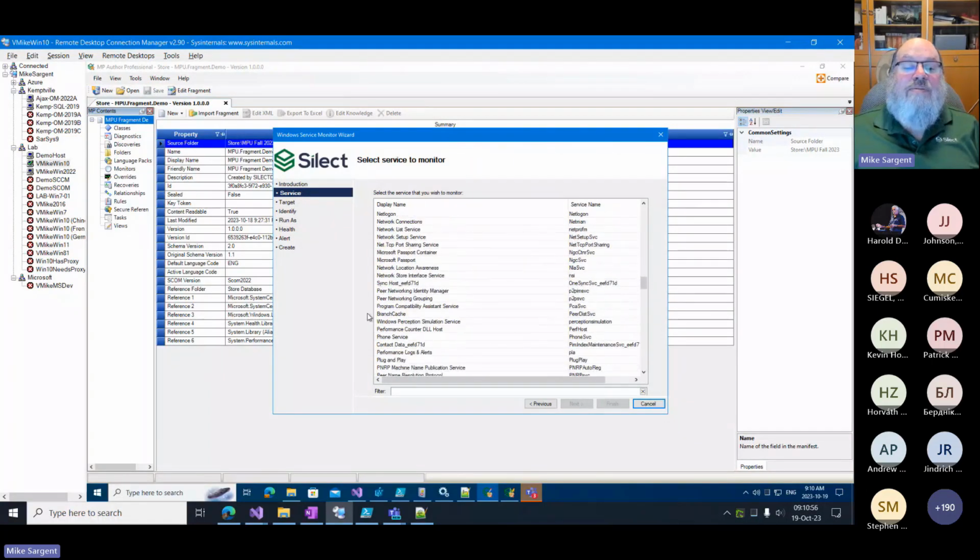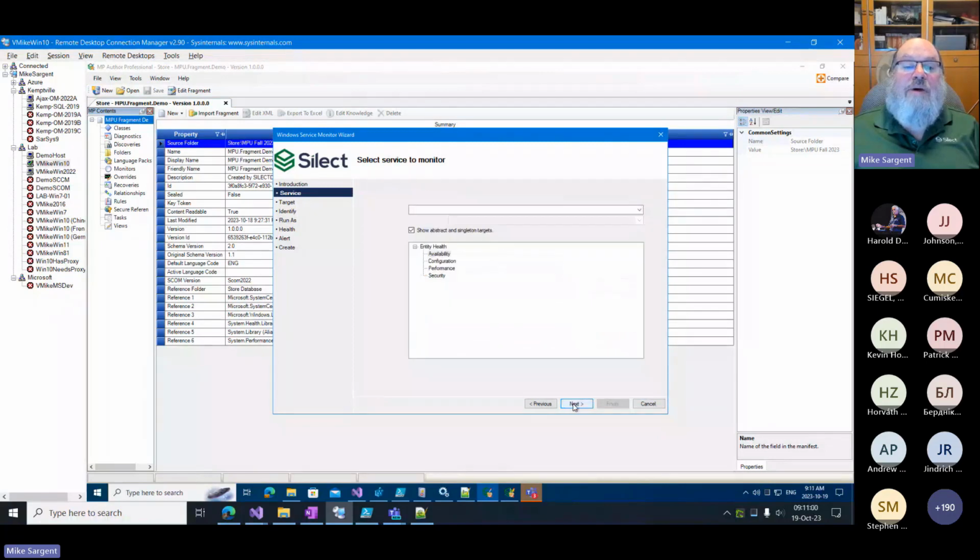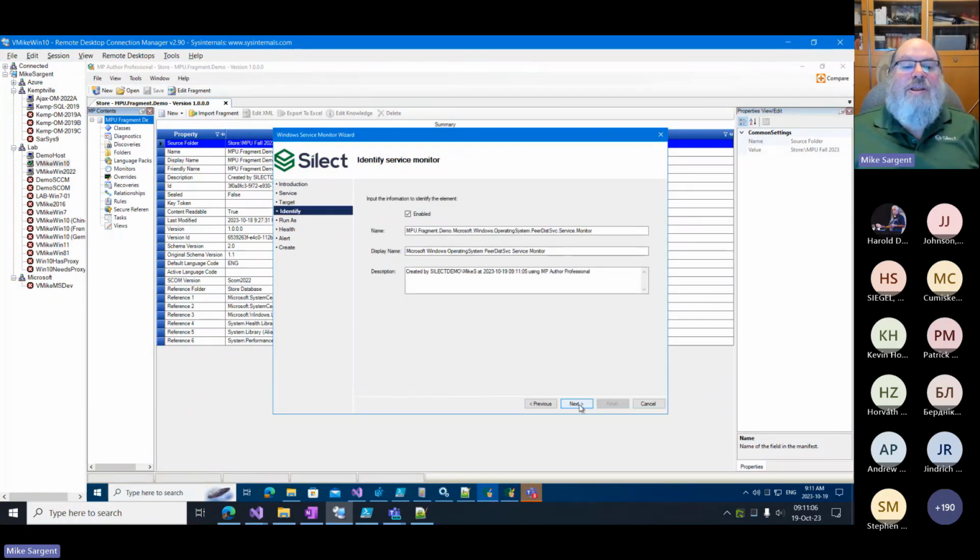I'm sure it's here somewhere. Let's just choose anything. Let's choose BranchCache. I don't even know what that is, but it doesn't matter. We're targeting the Windows operating system. Its availability. Service would usually be availability. We produce a name based on the management pack name, the target, the service that we're monitoring, and .service monitor,